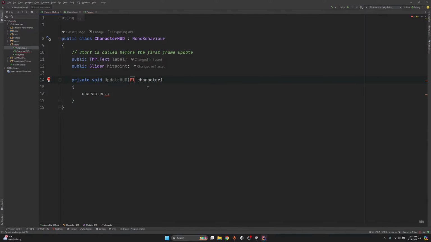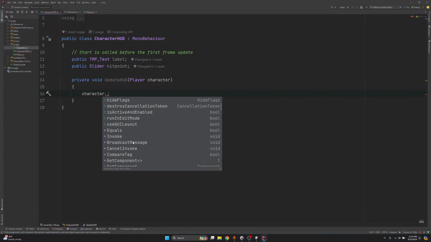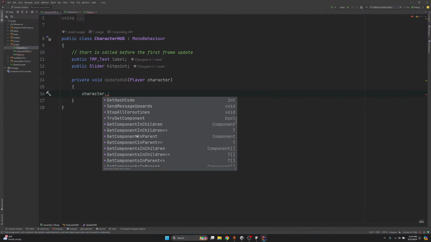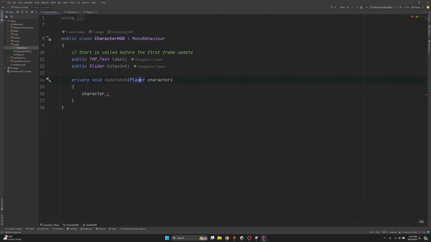That is player. But I'm able to get velocity or something. What can you get? Oh, you can get like Rigidbody and stuff like that. Anyway, we don't really care about that. So we want character dot